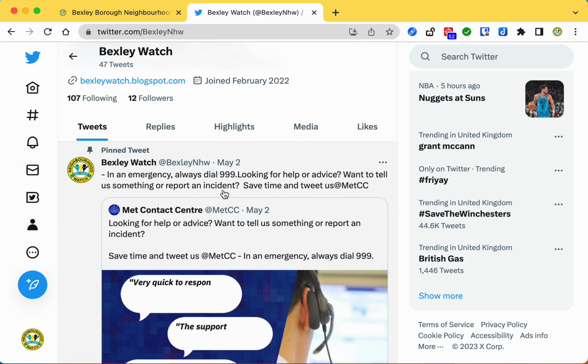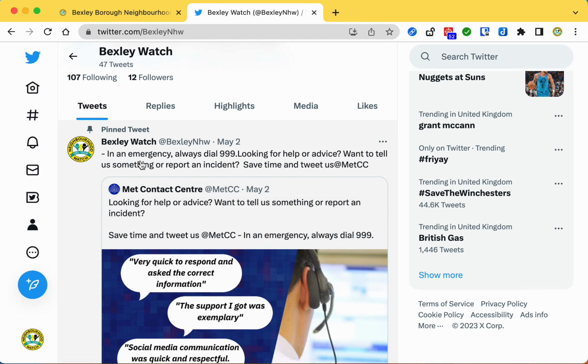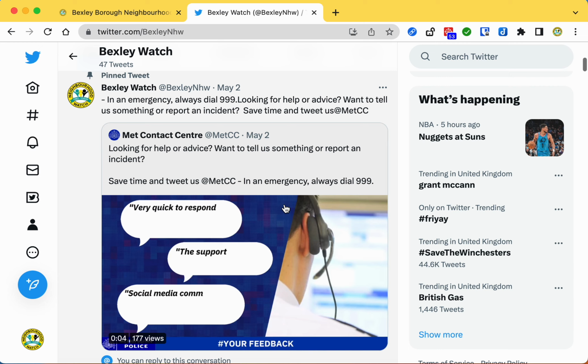At the top of the tweet, which is pinned, it shows: in an emergency always use 999, pretty obvious. But if you want to tell the Met or report an incident, save time and tweet here. So all you do is click on this,